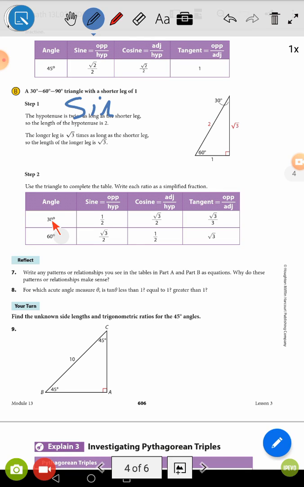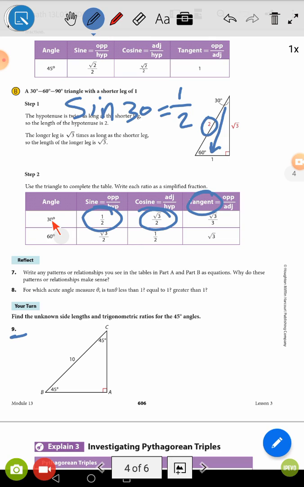Sine 30 equals opposite over hypotenuse, so it's a half. So that is our sine and that is our cosine with the same steps, and you can find tan for 30 and 60. Okay,